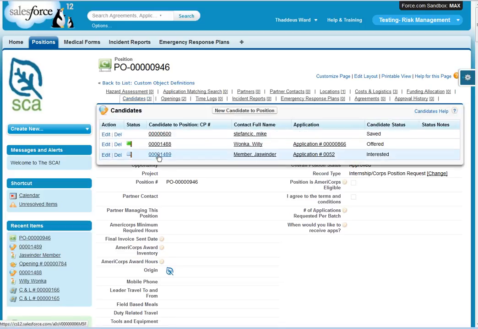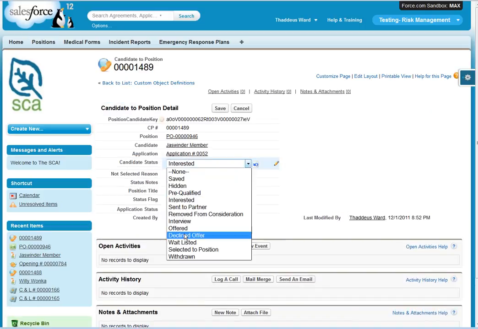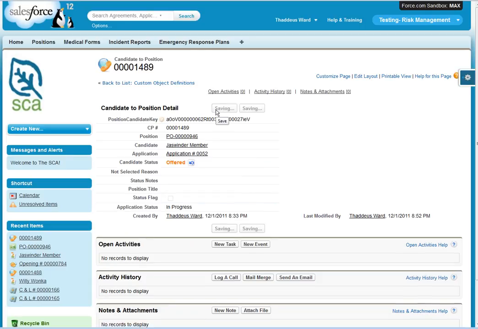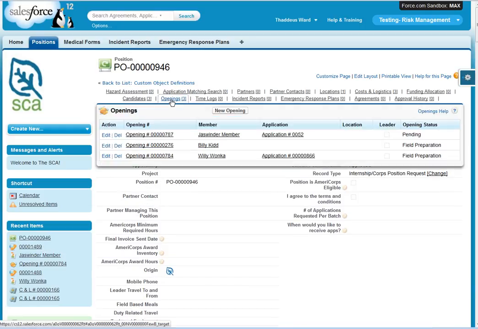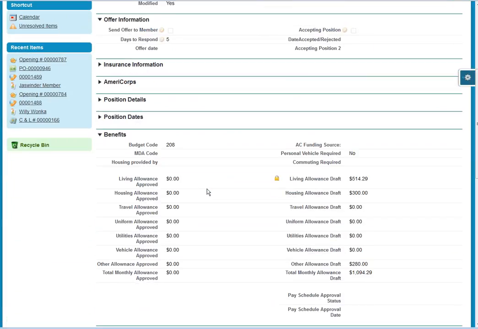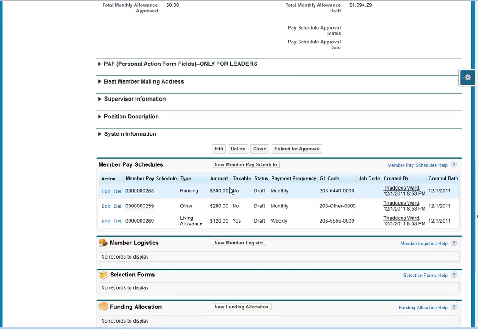I take one of these like we usually do and set his status to offered. And what that does is it creates our opening for this particular person we talked about. And if we look down here around some of the things this person has available to them, and we look at these items that are pulled in here from costs and logistics,